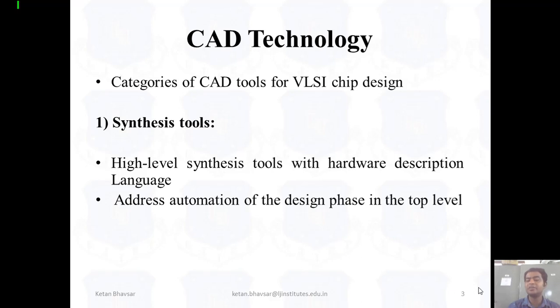It addresses the automation of the design phase at the top level. Definitely, when you are working with cascading, or we can say structural programming, then we have to select the top level module. In the top level module, all the sub modules are connected. You have to provide specific addressing on each and every pin, like selecting the clock pin, the input pins, and the output pin as an LED or LCD. So you have to provide the addresses in the synthesis option.